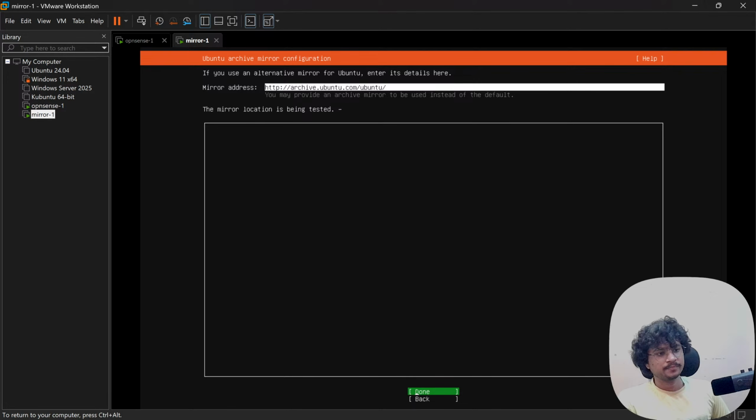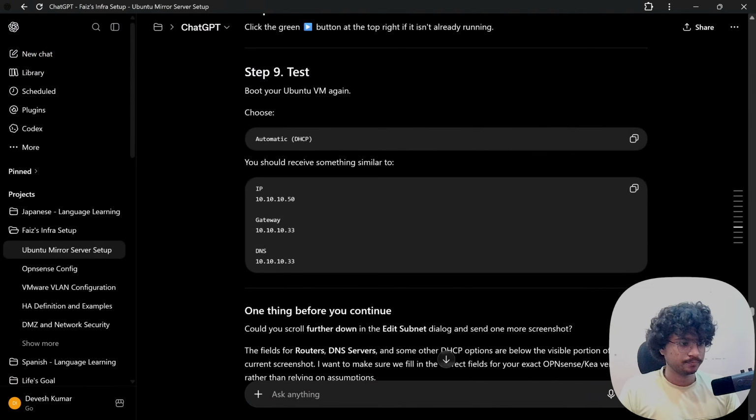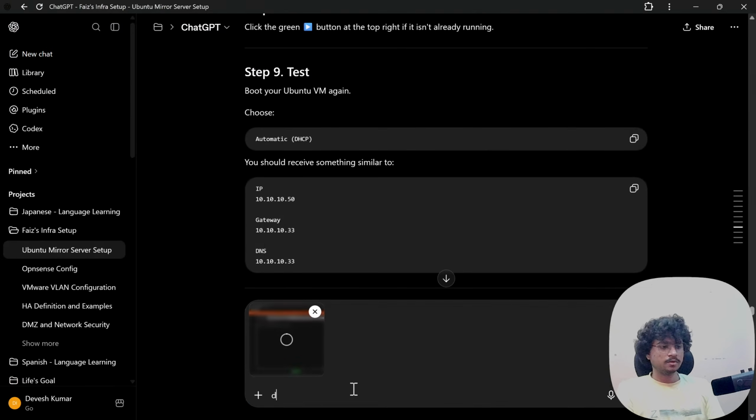This won't work unless I allow internet on the internal network from the firewall. Okay, this won't work. Do I need to?